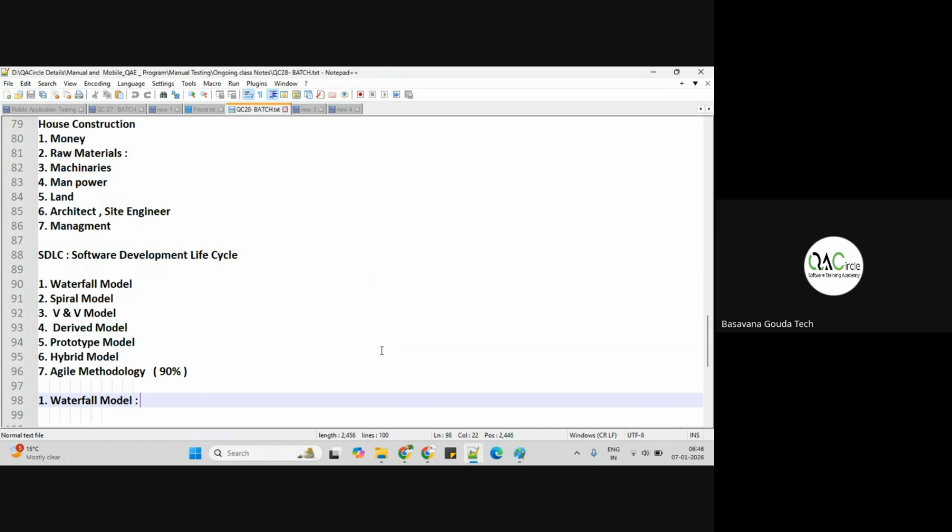Done. That's why you call it as waterfall model. That's it. Next line. It has got various stages like requirements collection,